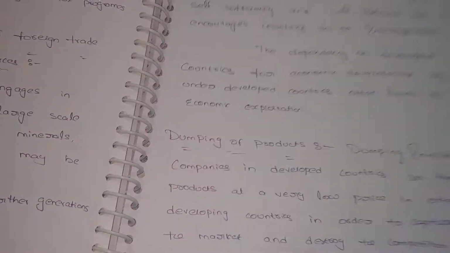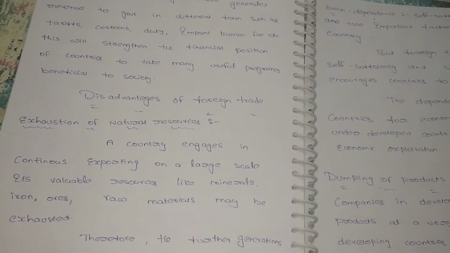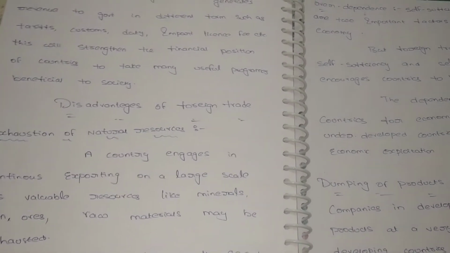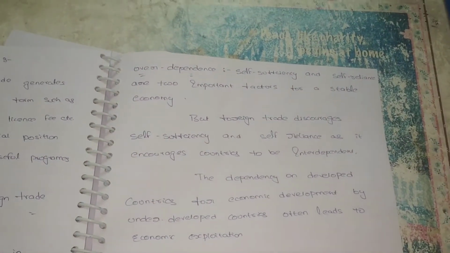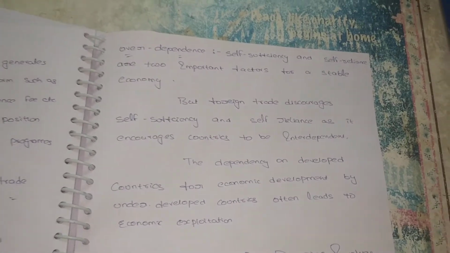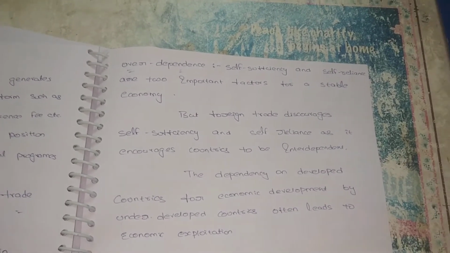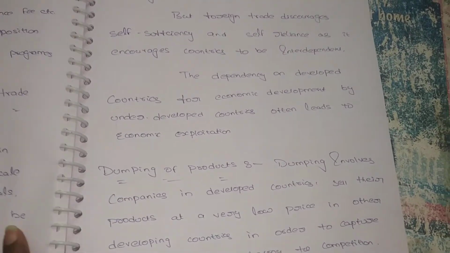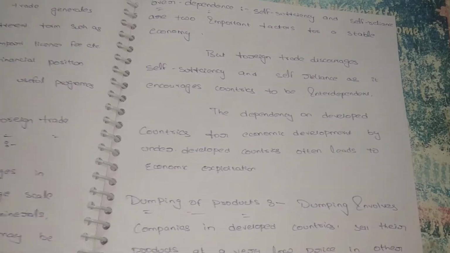What are the disadvantages? Exhaustion of natural resources. With over usage of natural resources, further generations may face problems because of the unavailability of natural resources. So it is also one of the problems. And next, over dependence. We are depending on other countries while we have the capability of producing our own products also. Because of low cost we have to depend on other countries, so it is also one of the disadvantages. Dumping without usefulness means these products are not immediately useful for our country,